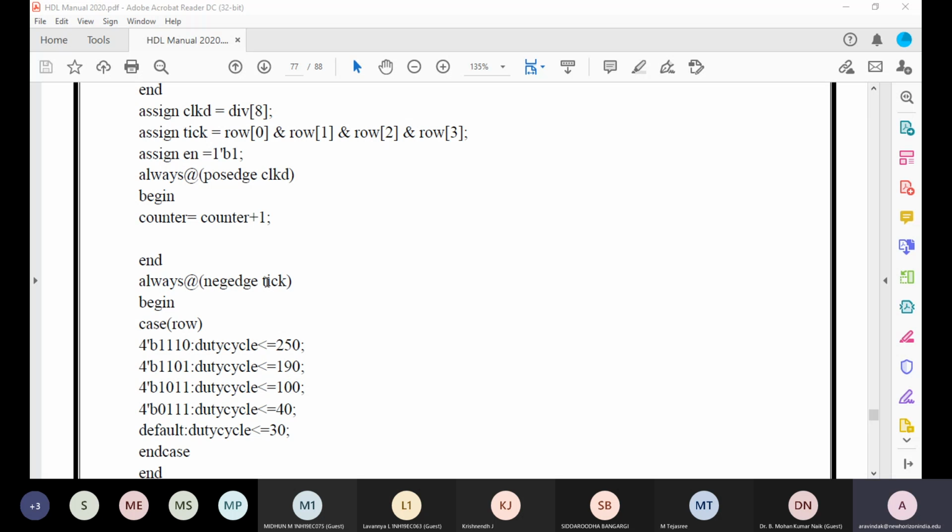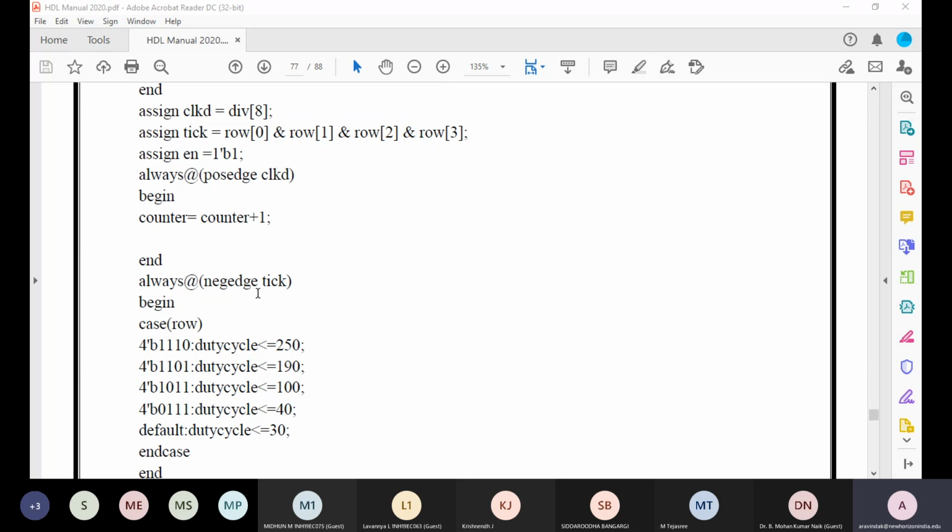In general, this tick, whenever you press a button, it will go low. This is an active low signal. You can see this 1110. It's an active low signal. That means by default, all of these keys will be high. Whenever you press a switch, it will become low. So in general, it is 1 and 1 and 1 and 1, right? That is the value of this tick. Now, whenever we press a button, it will go into a negative edge. It will become 0 because we are pressing one of these buttons and that button corresponds to a 0 because it is active low, and the tick is going to become 0. That is why it is given here as negative edge of the tick.